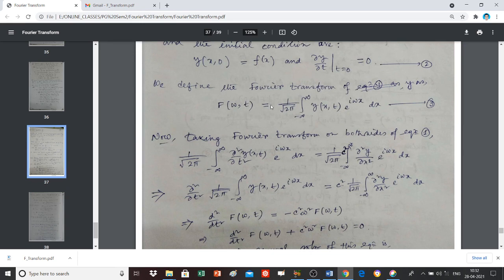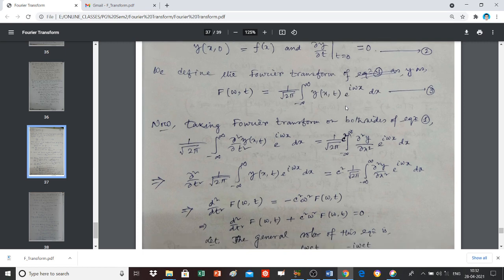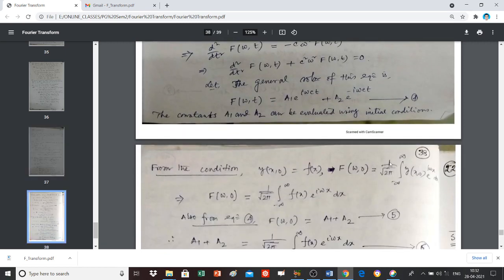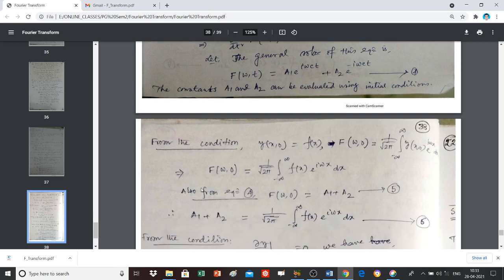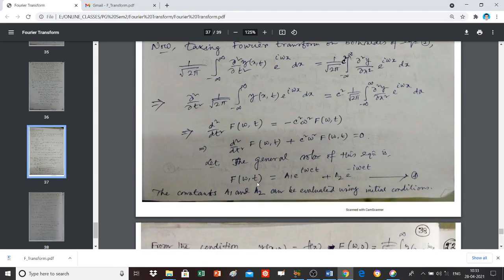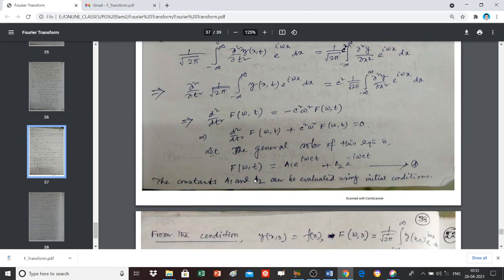F(omega, 0) is 1 by root 2 pi integral from minus infinity to plus infinity of y(x, 0) e to the i omega x dx, and you know that y(x, 0) is equal to f(x). So F(omega, 0) is 1 by root 2 pi integral from minus infinity to plus infinity of f(x) e to the i omega x dx. So you have obtained this, and also from equation 4, writing t equal to 0,